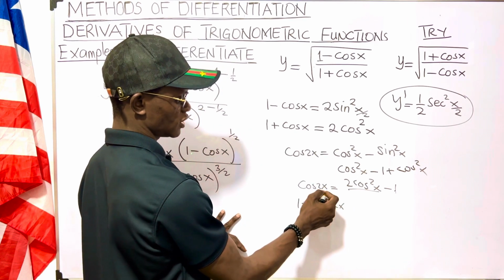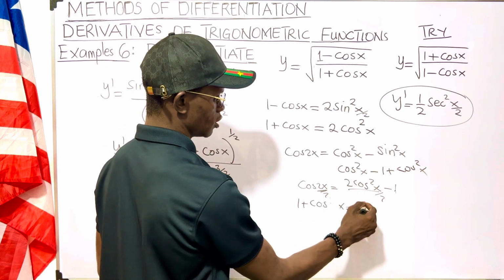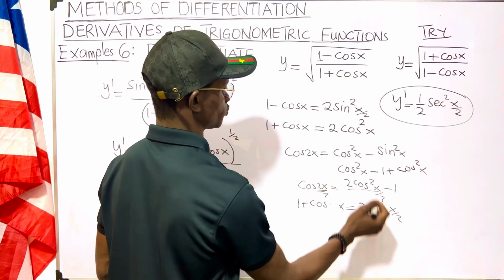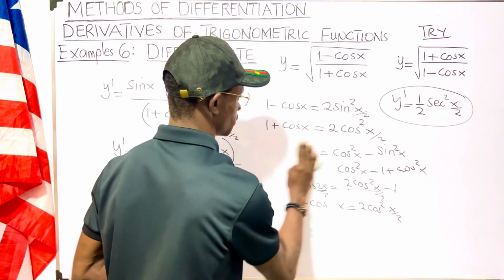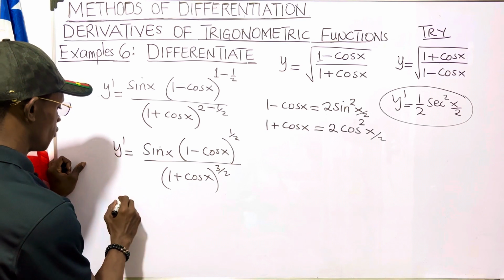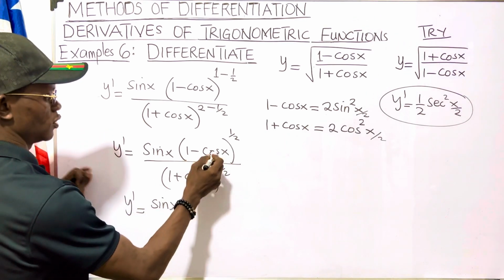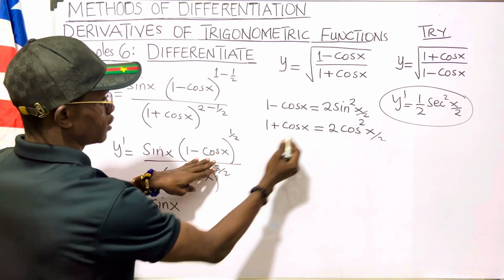Now we can divide all angles by 2, so it will be 2 cos square x over 2. Great. So I just want to confirm it. So now we have y prime to be sine of x, and this whole thing right here is just 2